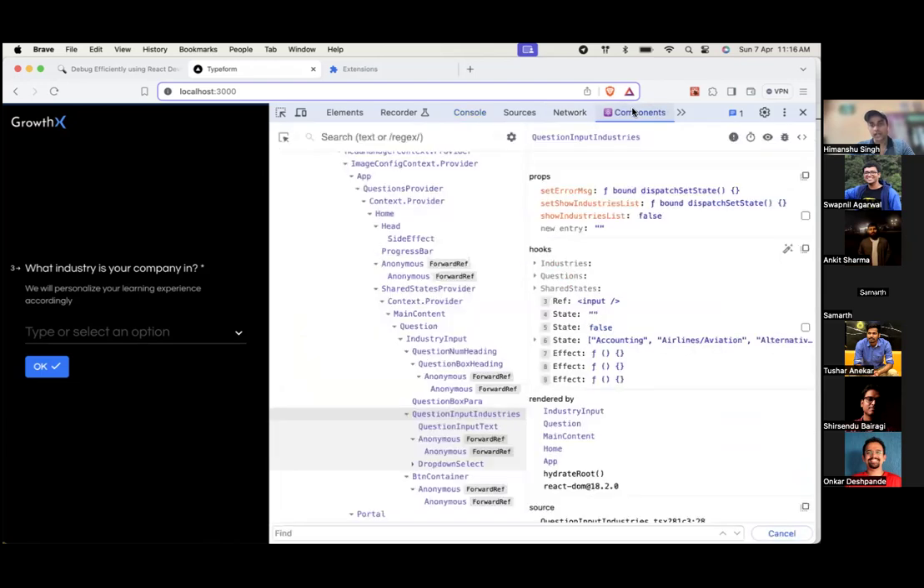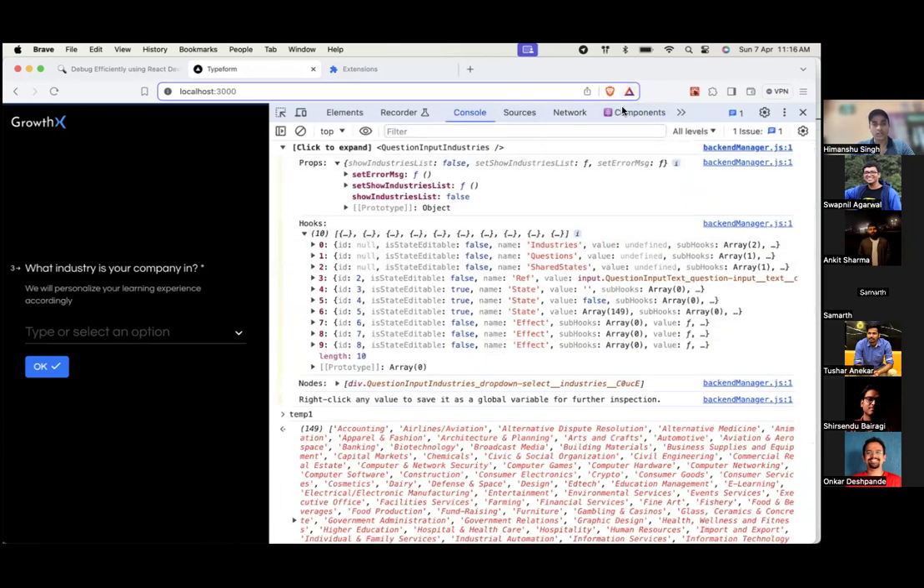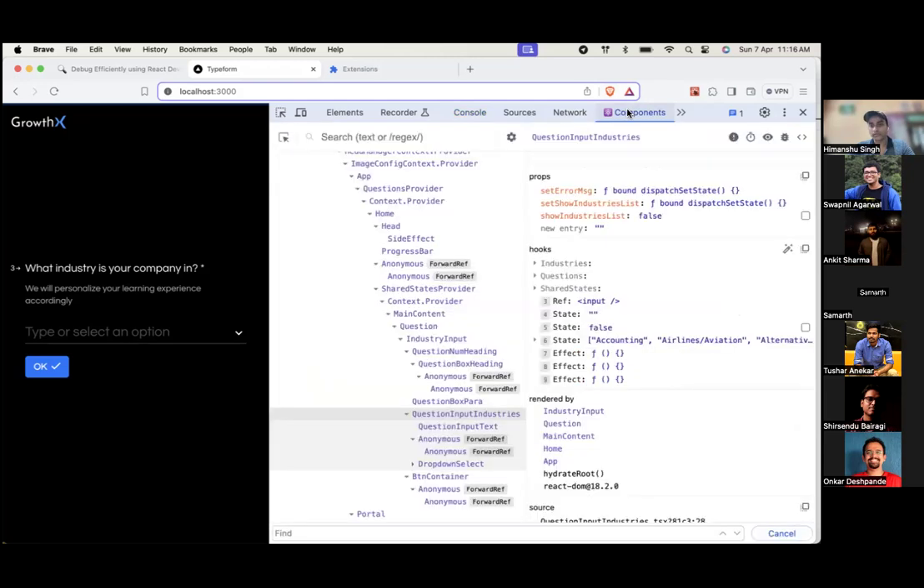So that helps if you want to do any operation on a state value or on any prop value. So yeah, that was for the second option. In the third option, basically